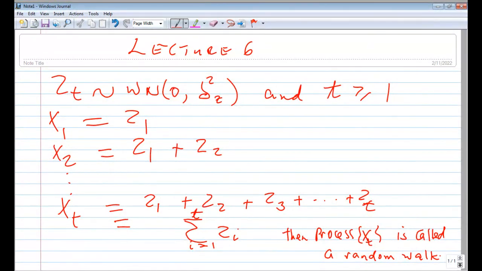So we can prove that. Show that indeed the random walk is non-stationary. How do we do that? Remember, when you want to prove whether the process is non-stationary or not, you have to calculate your expected value, the variance, and the covariances. If one depends on t, therefore the process is what? It's not stationary. Are we together? So let's try to do that. Let's go to the next page.